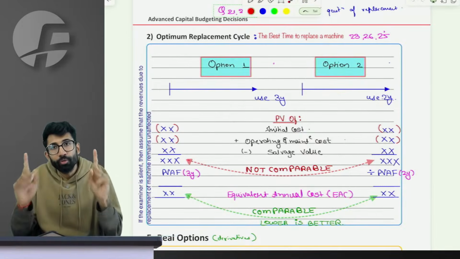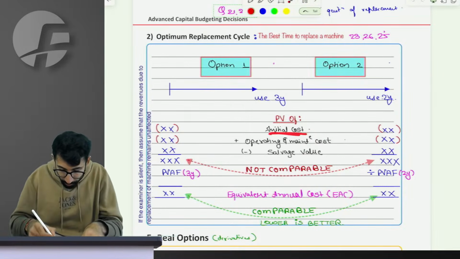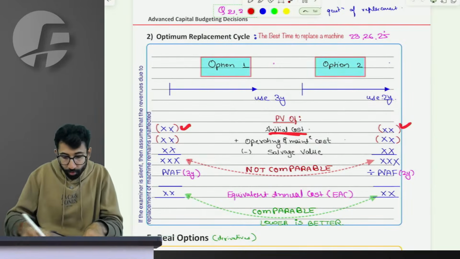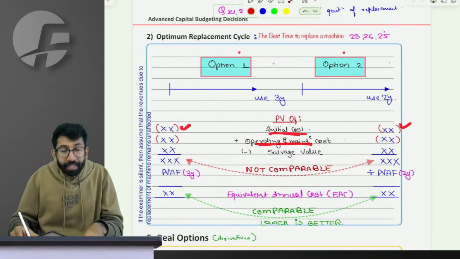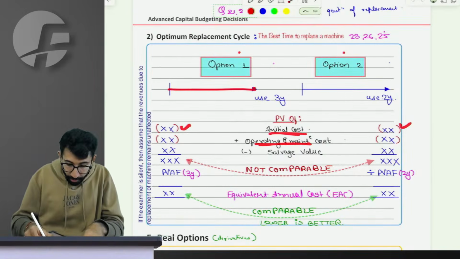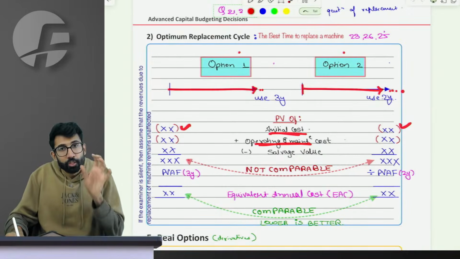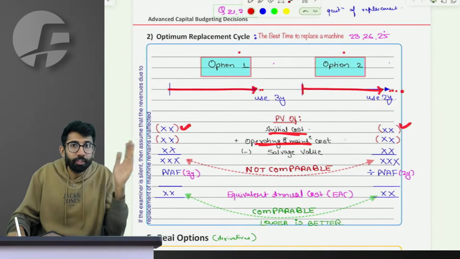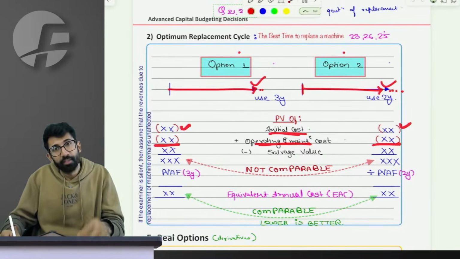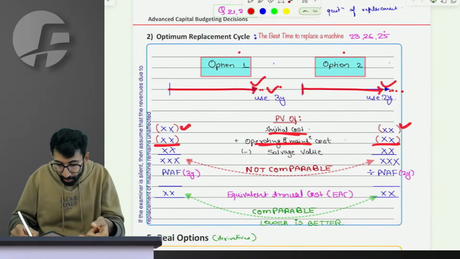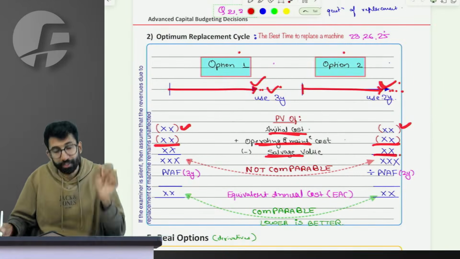Sir, I have to incur the initial buying cost once. So the initial cost is the same for both option 1 and option 2. Sir, to operate and maintain, for 3 years the cost will be different. For 2 years, the cost will be different. So whatever is the present value of all the cost for 3 and 2 years respectively, you do. Fine. Sir, at the end of the third year when you sell, you have a different salvage value. At the end of the second year when you sell, you have a different salvage value.